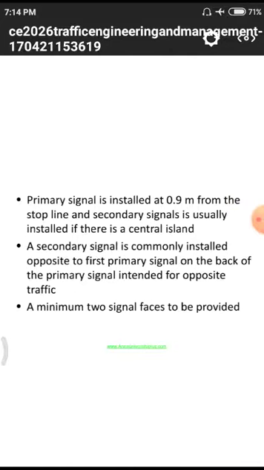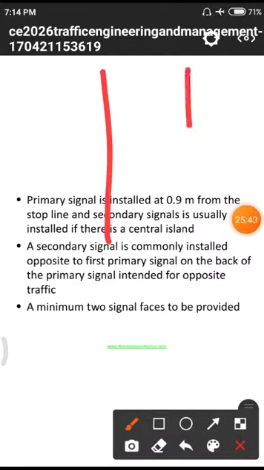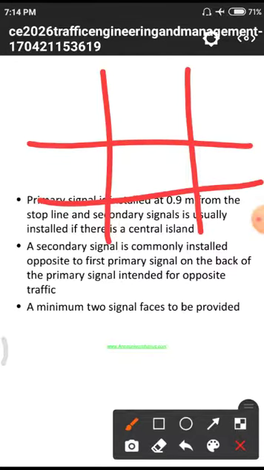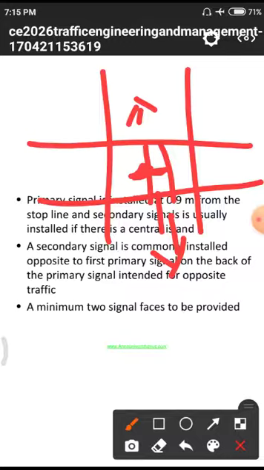A minimum of 2 signal phases is to be provided. That means a minimum of 2 signals, for front and back. Those two we stop, I will show. If it is a line, it is a particular cross section, so a minimum quantity of 2 signals we need to give. In this direction and in this direction, we need to give a minimum number of signals. Where the 2 roads are unimportant, meaning there is little usage of the roads, in those cases we give a minimum of 2 signal phases.